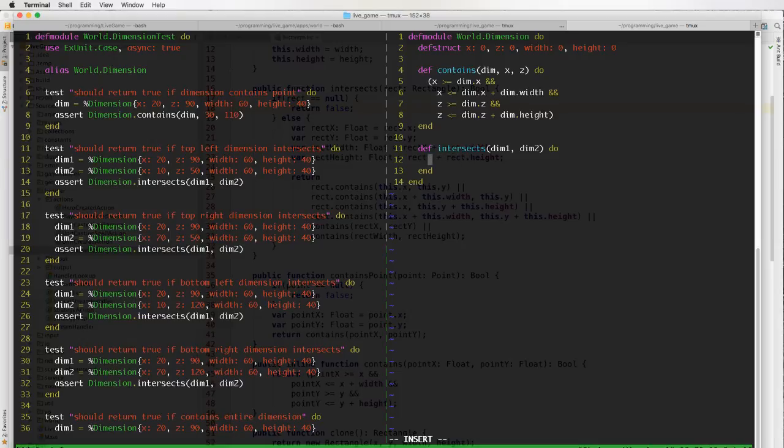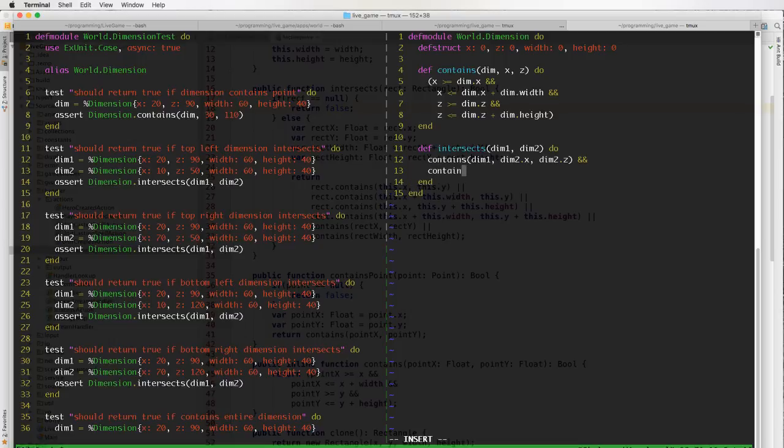So we need, I guess we don't really need the parentheses, it's all going to evaluate. So let's do contains dim1, dim2.x, dim2.z,